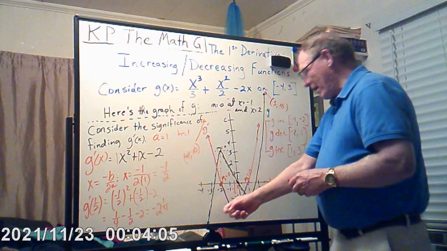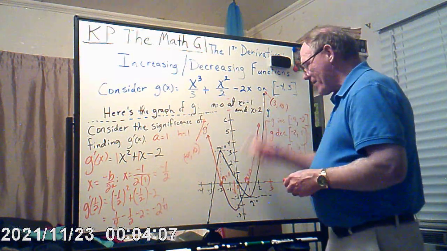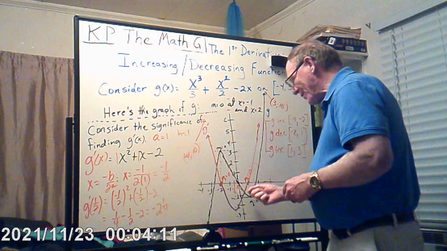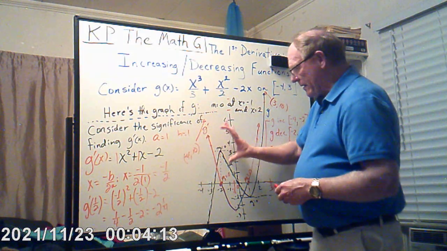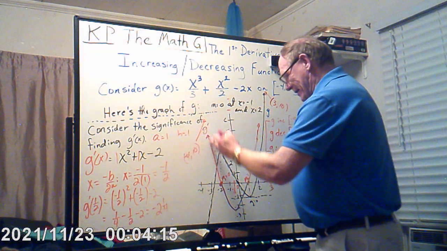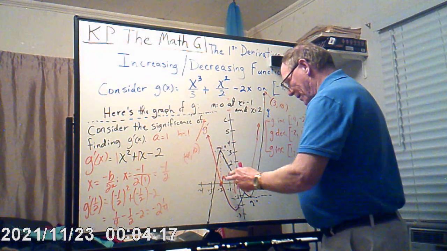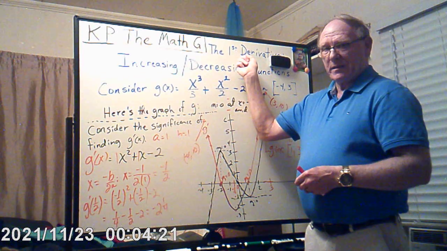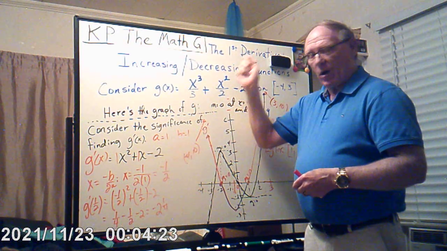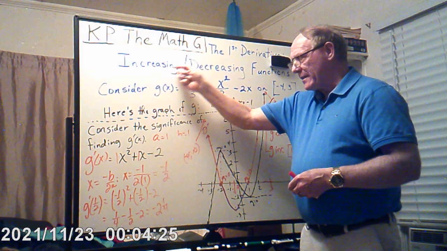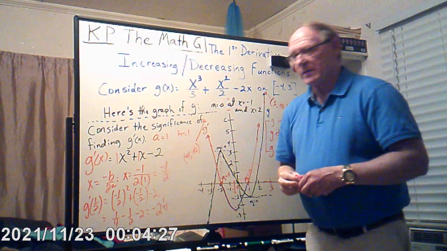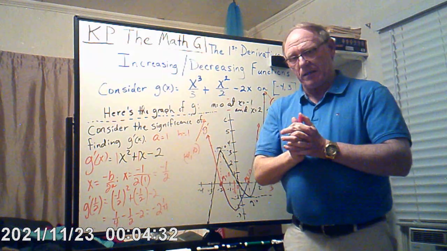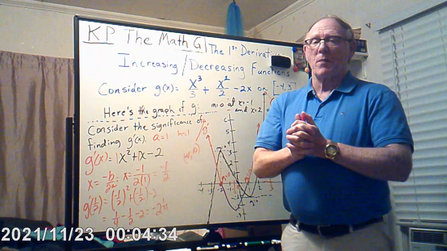We can already see the graph, but whether or not we know exactly what the graph looks like, we do know what's increasing and what's decreasing by the first derivative. The first derivative is always going to show what's increasing and what's decreasing. The second derivative is going to show other things, such as a possible point